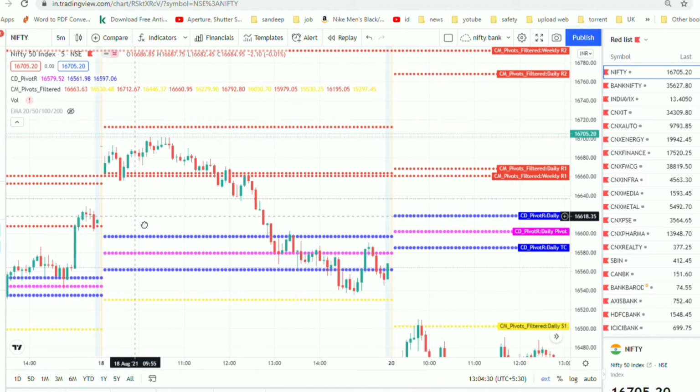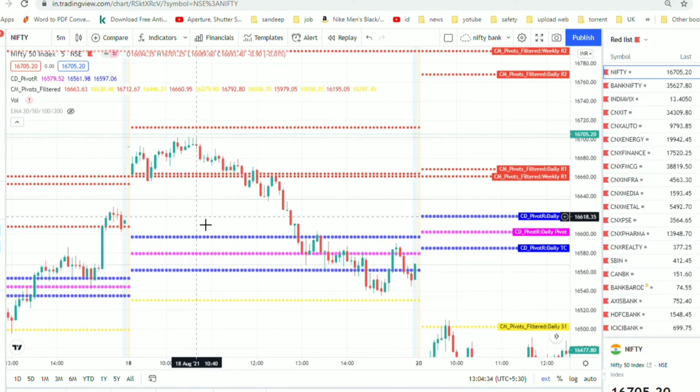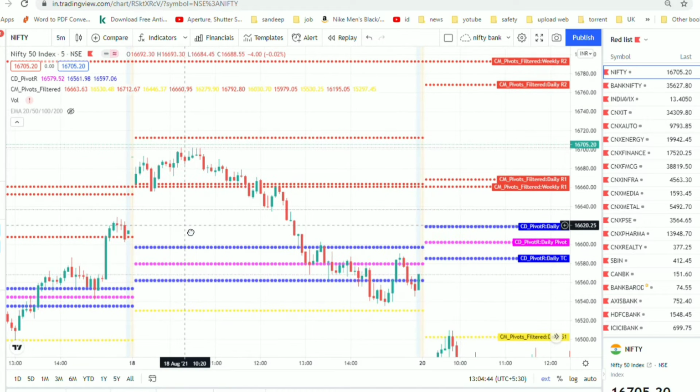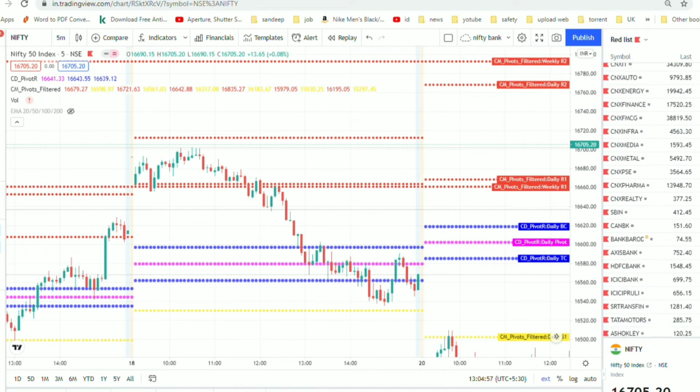See, first of all, you have to set all these chart patterns. I will do a separate video if you want to know how to set the pivots. So this is TradingView, and on the right side there is a lot of noise because most of the cars and vehicles are passing nearby. You can see this is my portfolio on the right side.